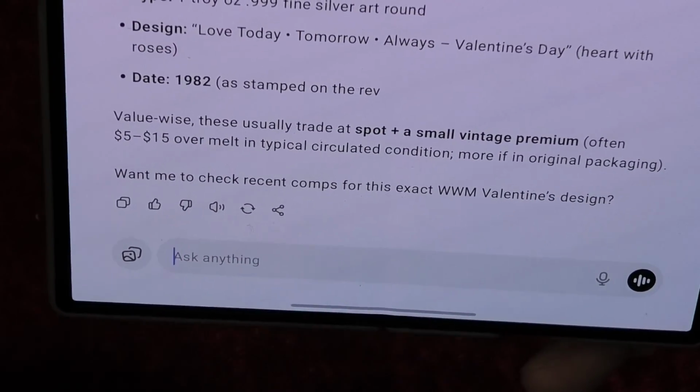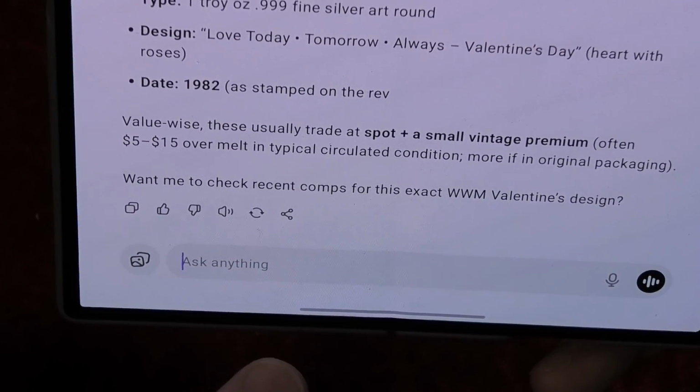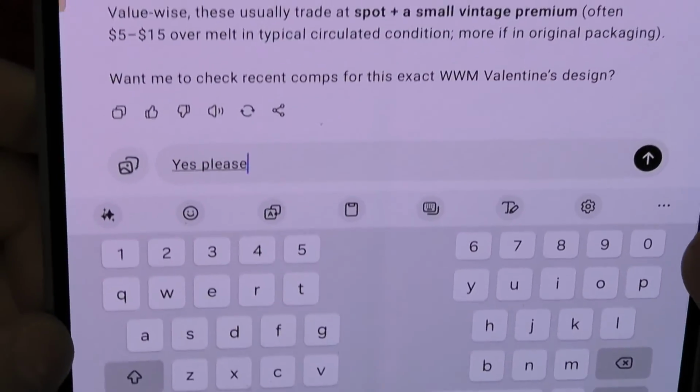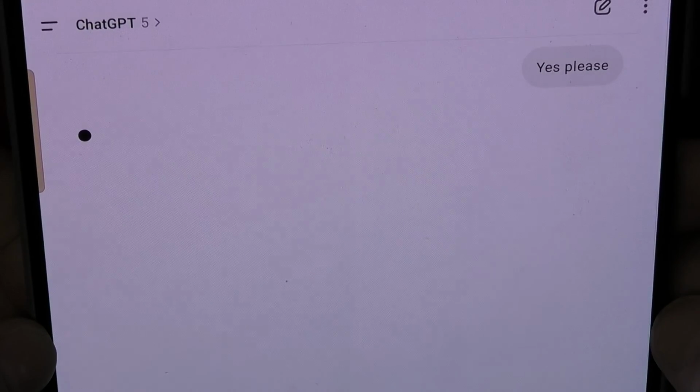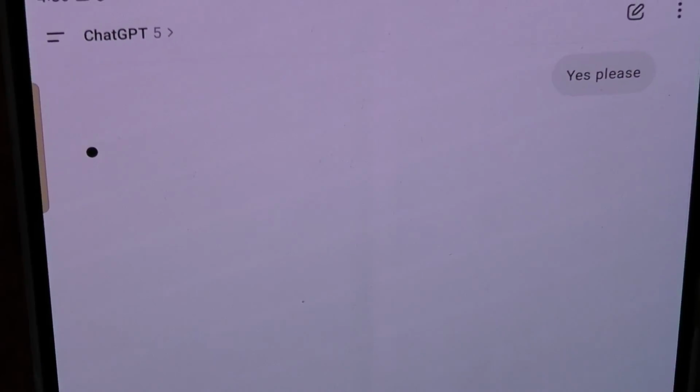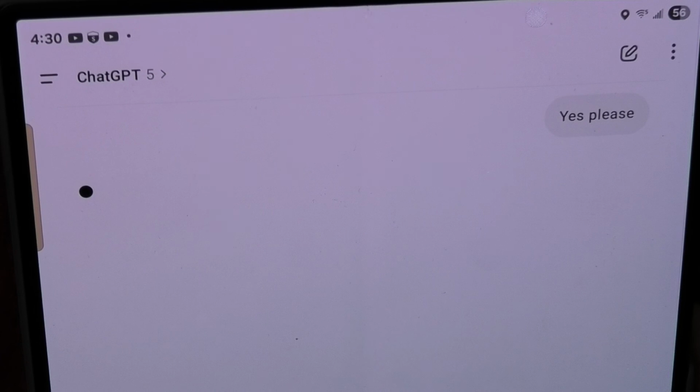Want me to check recent comps for this exact Worldwide Mint vintage design? Yes, please. It's kind of becoming handy for identifying this stuff. I just thought of it this morning. I don't know what made me think of it, but